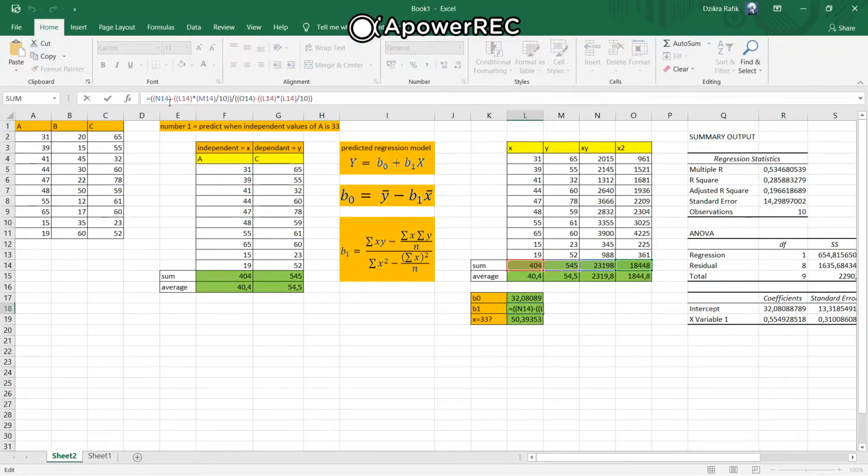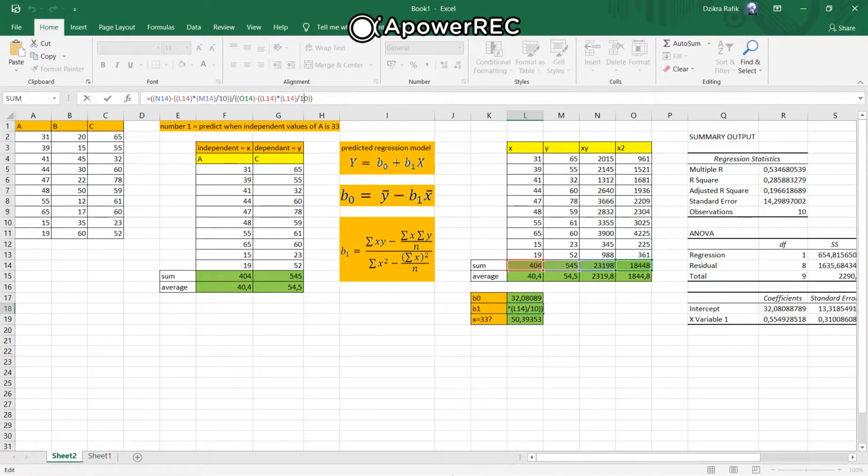We take the sum of XY minus the sum of X multiplied by the sum of Y, divided by N. N is the sample size of the data. The sample size is 10. Then divide by the sum of X squared minus